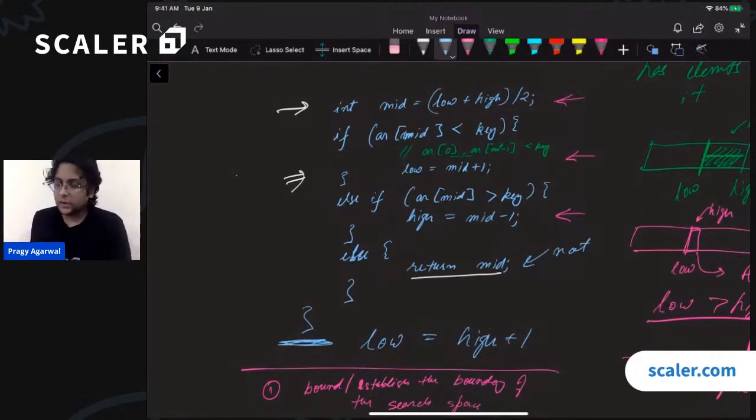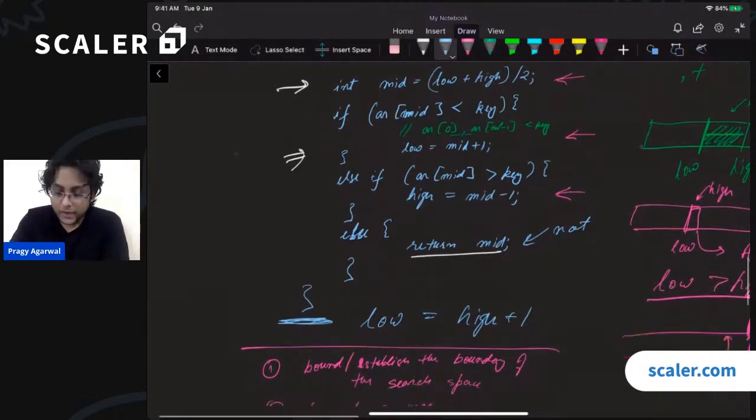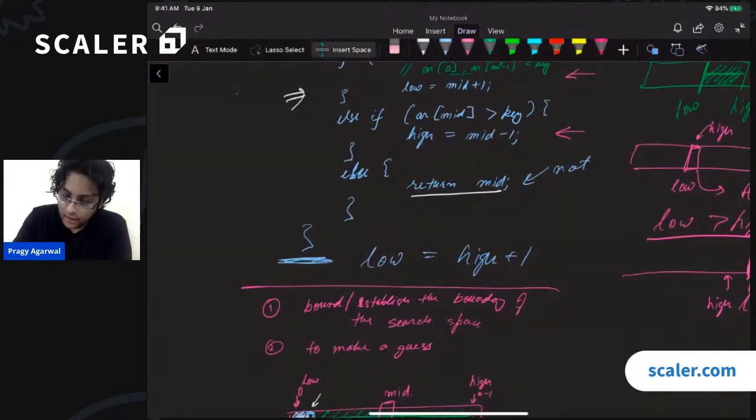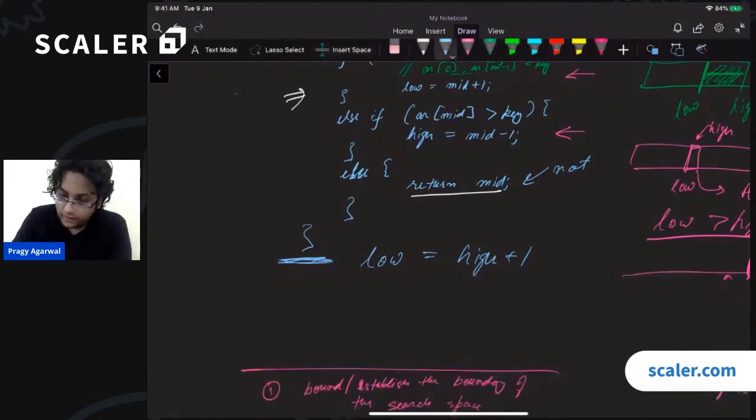Right? And what is this location? Can you tell me what this location is? This location is exactly the location where I should insert this element. If I were to insert this element, this is exactly the location where I should insert it. So when I am at this point, just give me a second. When I am at this point,